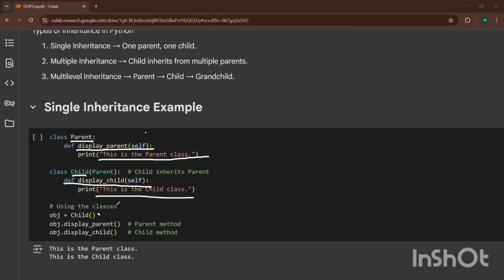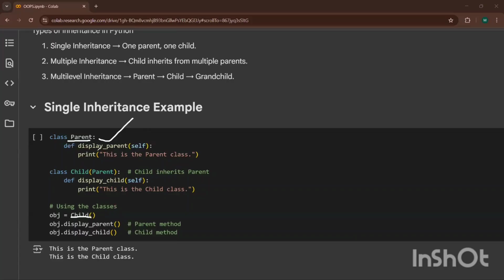Now, just create an object. My object is, I'm just calling the class named child. Now, obj dot display parent. If you guys see carefully, I'm not calling the parent class. I'm just calling the child class, which already has all the properties of the parent class.